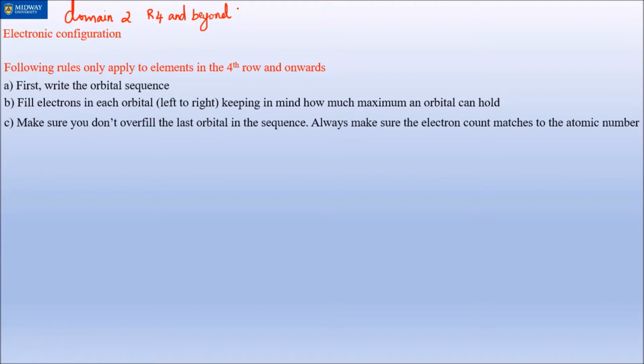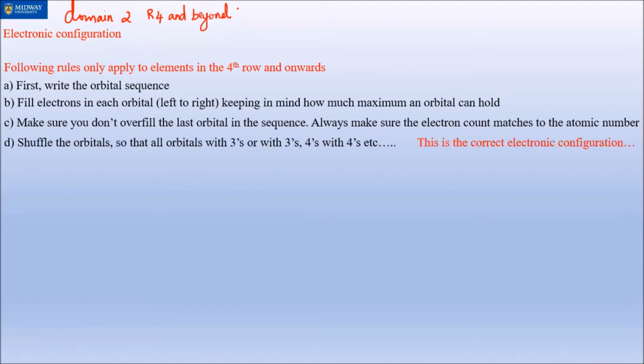And this is where things get tricky. Again, make sure you don't overfill the last orbital in the sequence. Always make sure the electron count matches the atomic number. So the first three are in fact exactly the same. All right, so here's the problem. Shuffle the orbitals so that all orbitals with 3s are with 3s, 4s with 4s. And that might be a statement